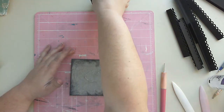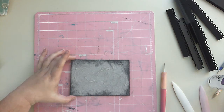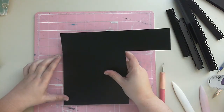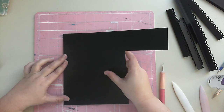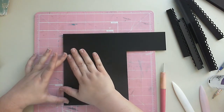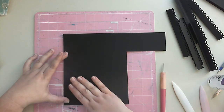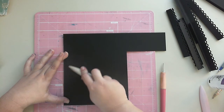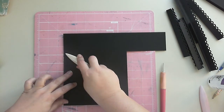And I'm only going to use the glue on the covers. I'm not going to use the glue on the inside pages. I'm not a big fan of using wet glue. It's messy, it's time consuming, it takes a lot of time to dry, and I just don't like it. But sometimes I prefer to use it on my covers, even with as much as I don't like it, because